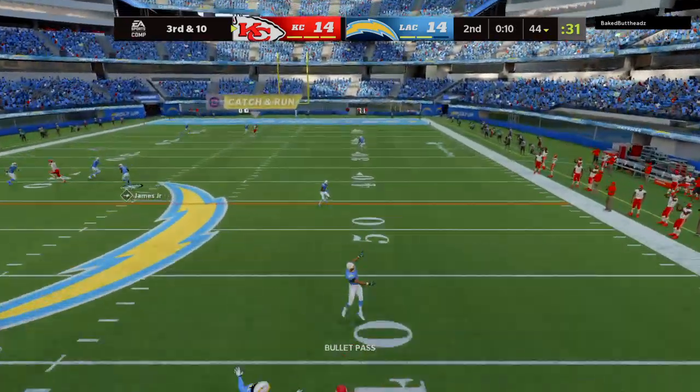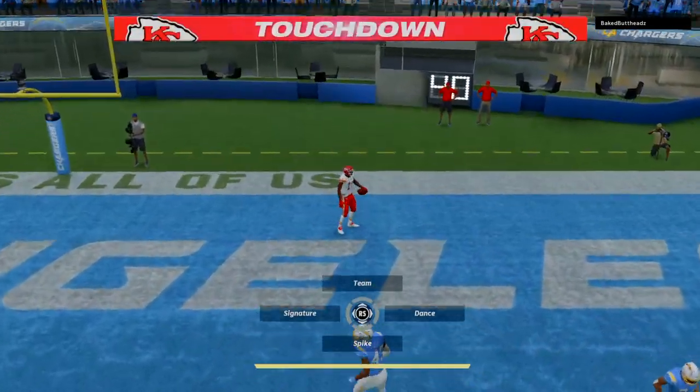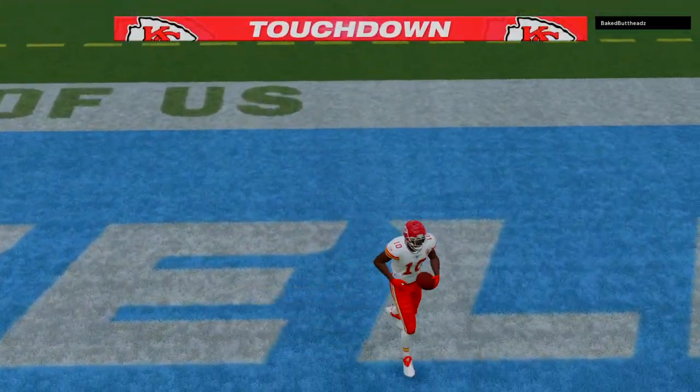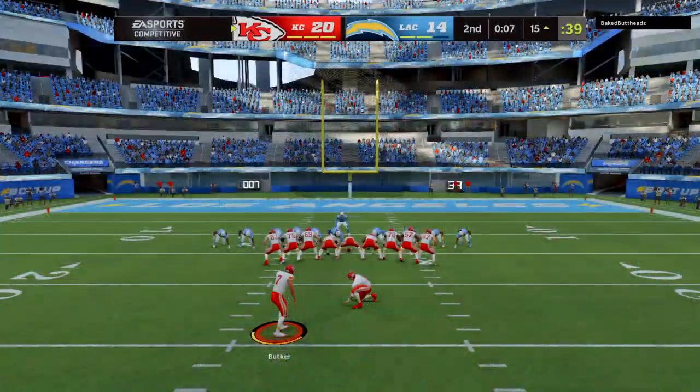Escaping the pressure right. And going deep for Hill. Hill diving, and he's got it full extension. What a catch. That's a tough combination to defend. You know Patrick Mahomes has the